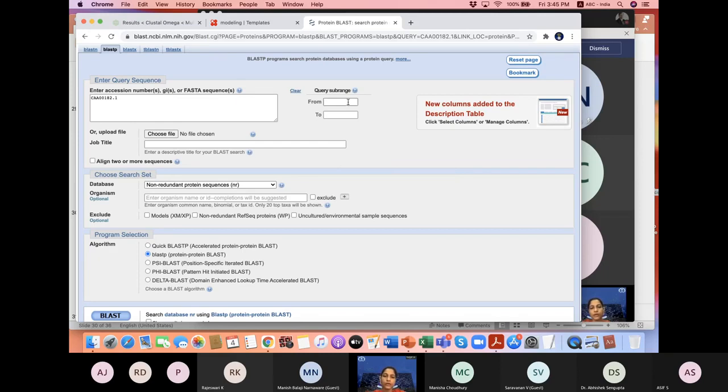So if I just want one certain section of the sequence, I can just click and type in the residue number from and to. Suppose from 125 to 160, and then only these many residues I want to see the similarity. So then I can mention it over here. I can also give a job title, but one of the important things is, just for a normal database, suppose I just want to see the similar sequences in